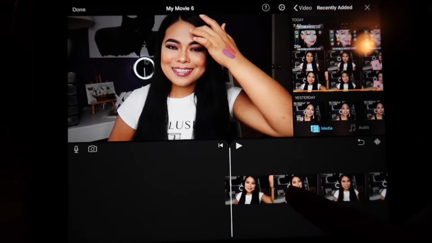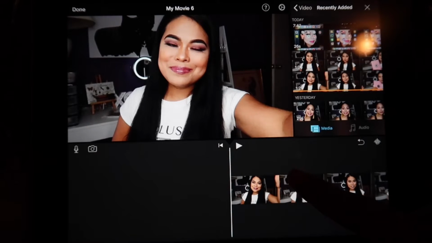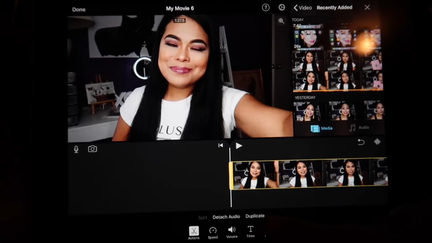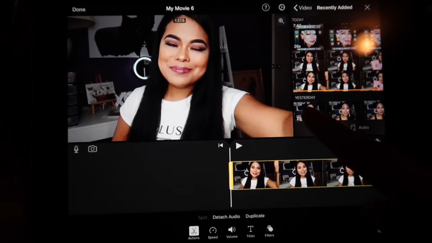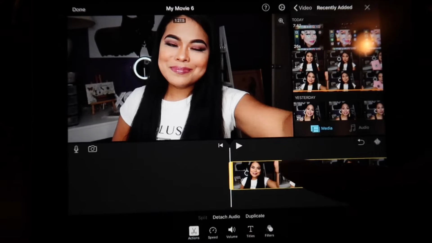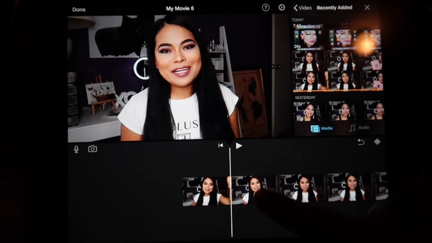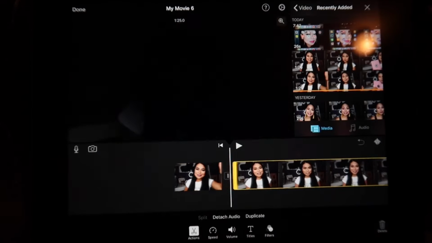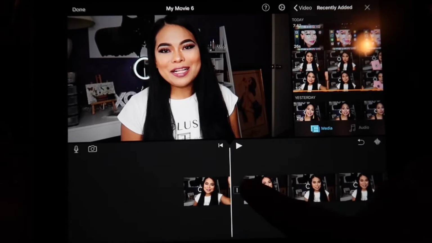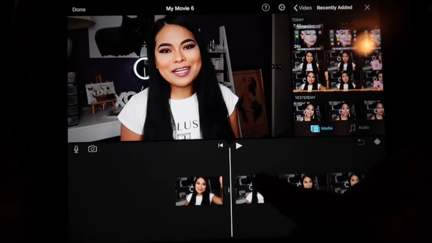Alright, and if I want to cut my video to remove something that I don't want to be included in my video, I'll just scroll like this, and then let's cut it, or it's called a split here. Now it's already split,